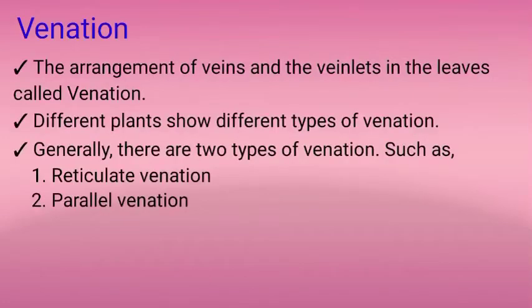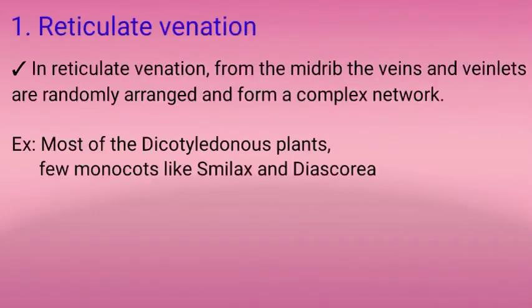Venation. The arrangement of veins and veinlets in the leaves is called venation. Different plants show different types of venation. Generally, there are two types of venation: reticulate venation and parallel venation. Reticulate venation. In reticulate venation, from the midrib, the veins and veinlets are randomly arranged and form a complex network. Examples: most of the dicotyledonous plants and some monocotyledonous plants like Smilax and Dioscorea also show